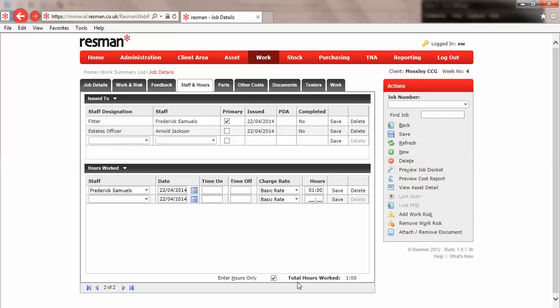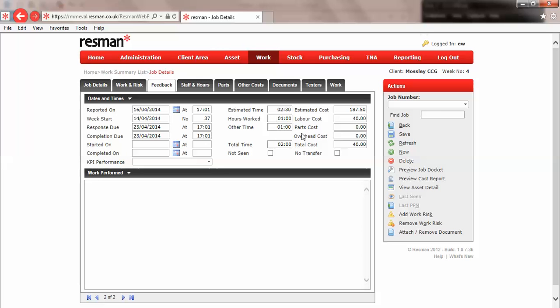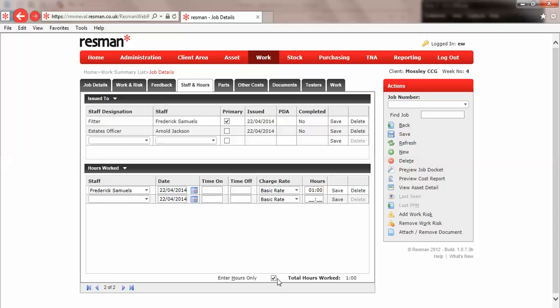And now that I've saved the record, you can see that our total hours worked is 1. If I scoop back to feedback, you can see that I've now got an hour's work of 1. We previously put in other time of 1, so we're starting to accrue hours now, so we've got 2 hours that have been accumulated. And we'll now untick this box so we can put a time on and time off,